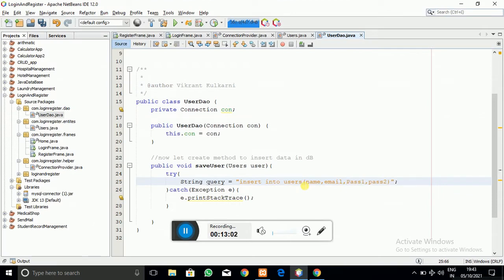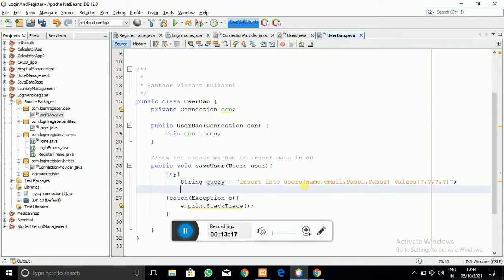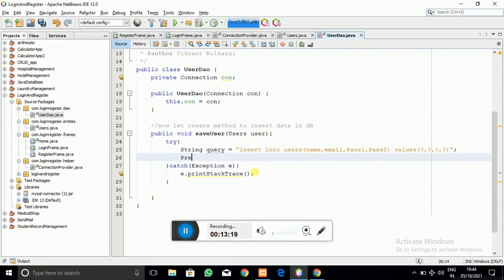As you can see, the into the database is there. So yes, I am doing like this. And values, into the string I am going to write a placeholder, and then we are going to replace those placeholders with the appropriate values. Okay, so now I am going to create the prepare statement